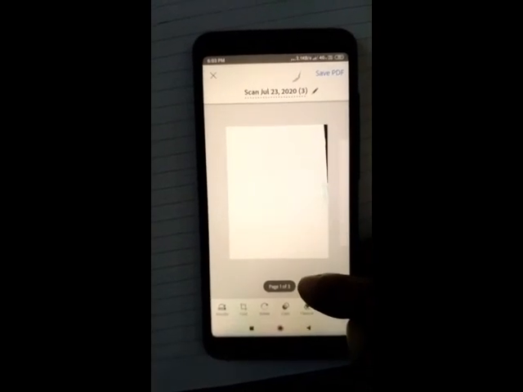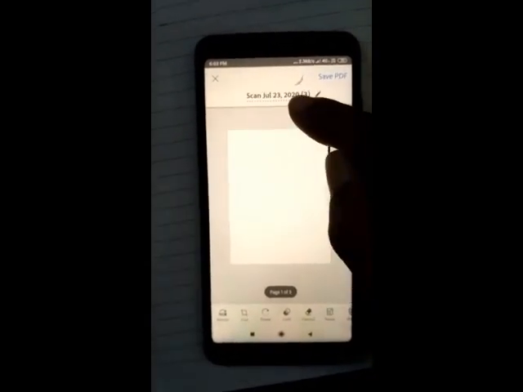After taking all the snapshots, just click here on this icon. You can see here I have taken a total of 3 sheets. So I will click here. So my sheets are visible here, you can see. Actually it is a blank sheet I'm using. So page 1 of 3, you can scroll and check all the sheets one after the other. So all the answers are here. So total 3 pages I scanned.